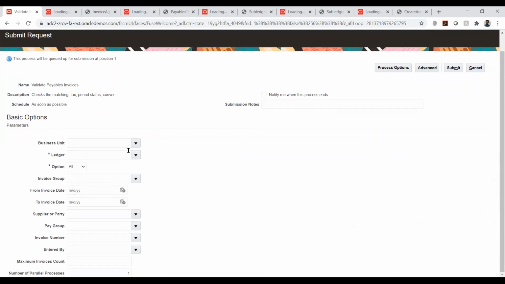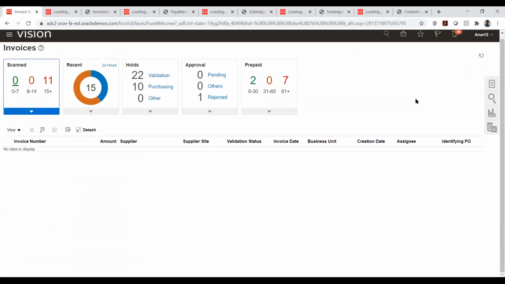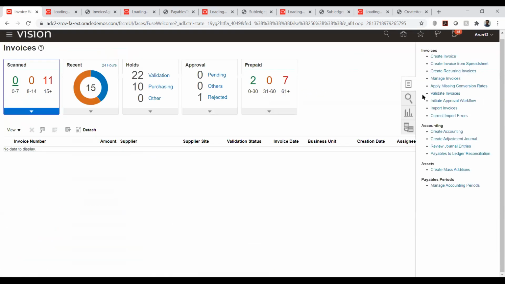If we wanted to validate invoices in bulk, we can use this program. So this will basically fix all unvalidated invoices and it will validate. And apart from that, we have invoice creation using the spreadsheet.